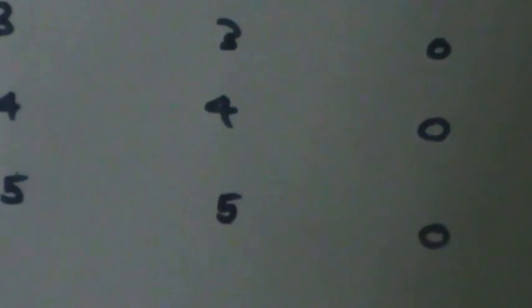When F is equal to 0, the frictional force is 0, net force 0. When F is 1, the net force is 0. And like that you can continue up to 5. When the force applied is 5, the frictional force I have taken as 5, so the net force is 0.